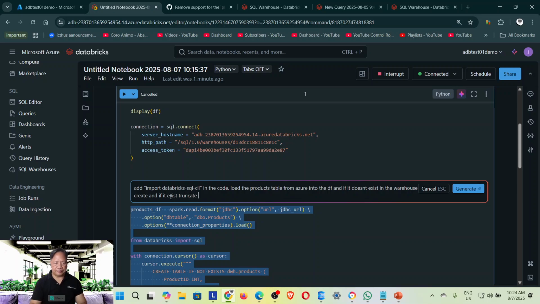truncate the table and load, and do the same for the suppliers,